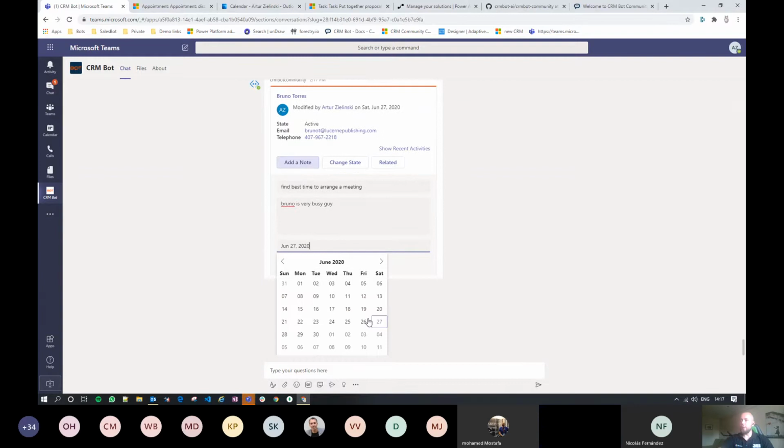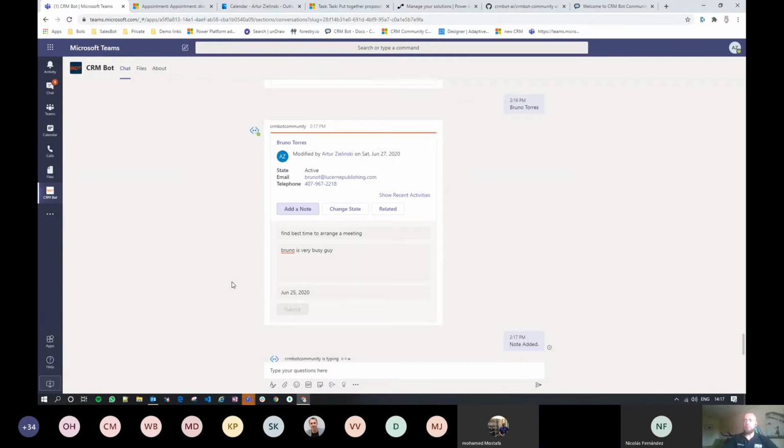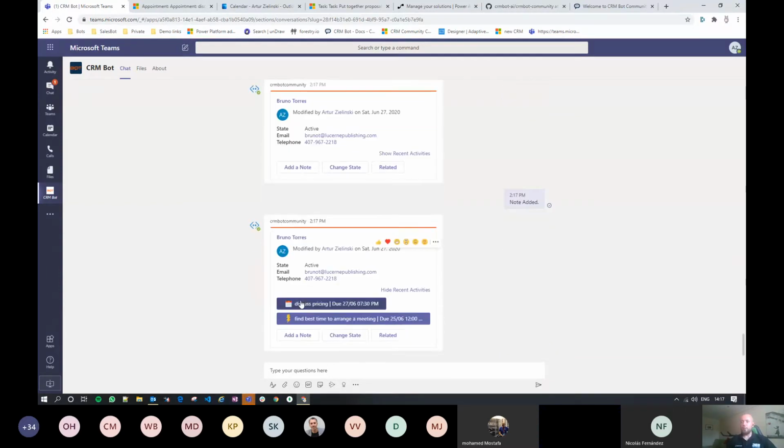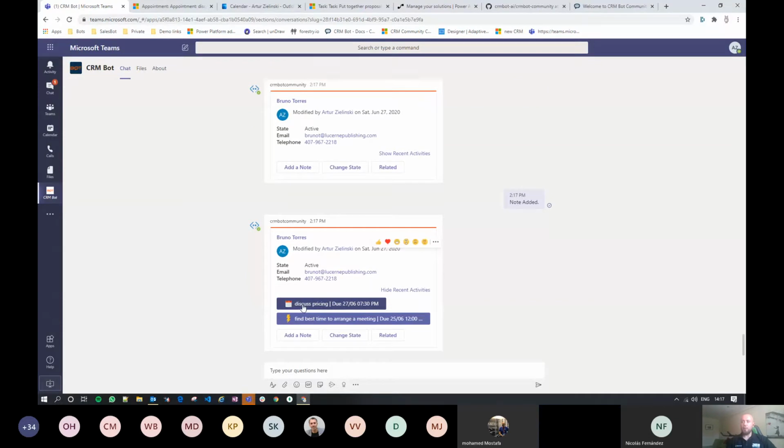And let's make this due in the past, just because I want to demonstrate that you can add new activities that are reactive, or something that's supposed to have been done in the past, for us to see that these are overdue items. So you see now we've got two activities under Bruno. One is our task, which is highlighted with a lightning bolt, and one is a meeting that's now due at 7:30 p.m. And this one is due obviously in the past.